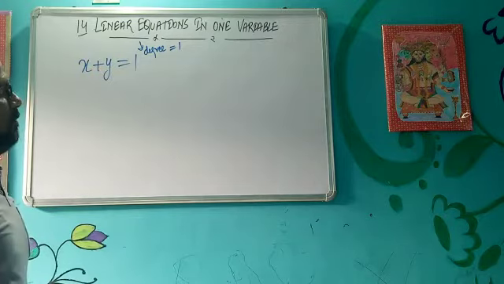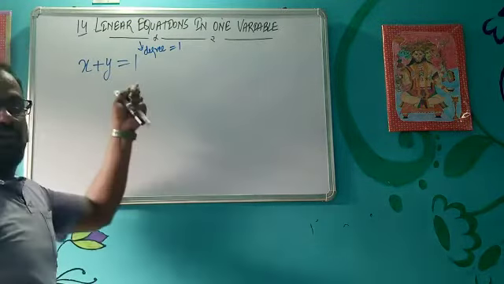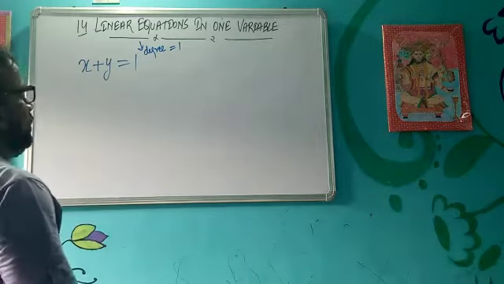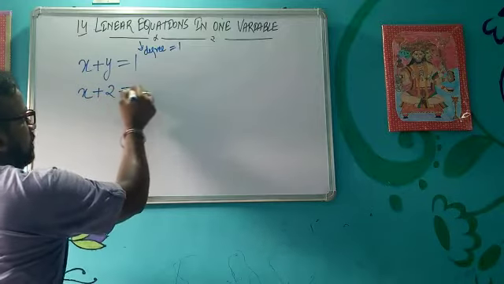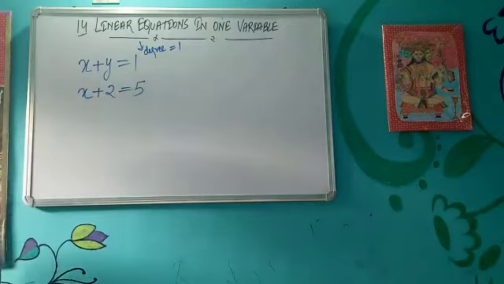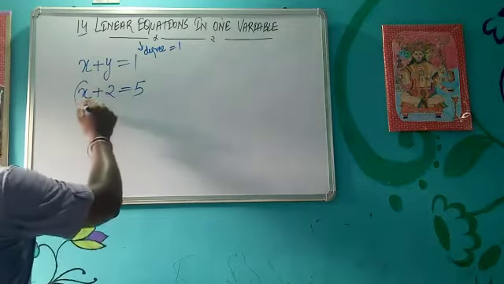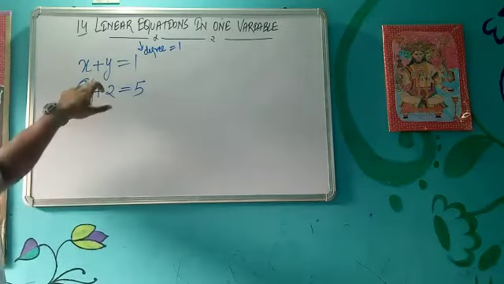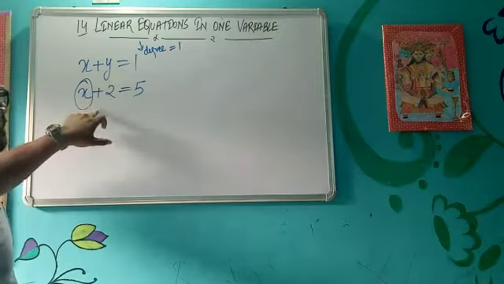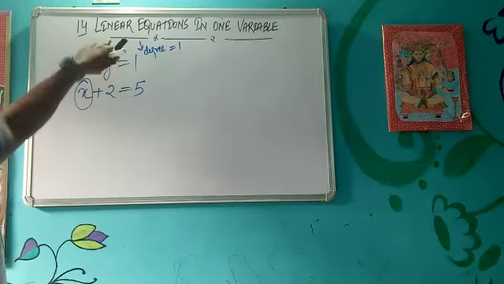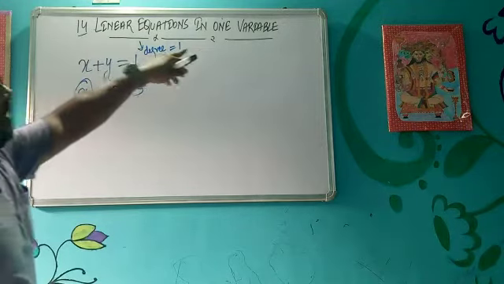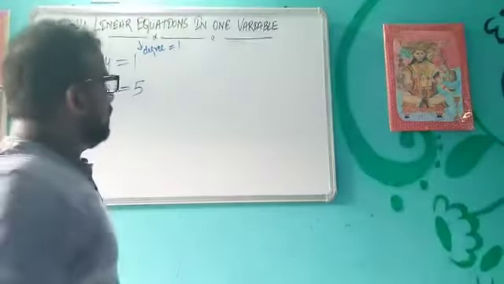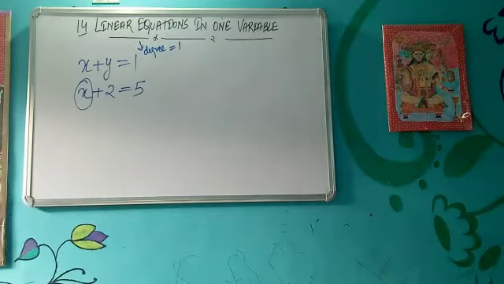Then what do we have to study in this linear equation in one variable? What is the meaning of one variable? If the equation is reduced to only one variable, like this I have written, it becomes a linear equation in one variable. Our earlier equation was a linear equation in two variables, and this is the linear equation in one variable. So linear means the degree of all the variables is 1, and one variable means we are using only a single variable to solve. So this is the meaning of linear equations in one variable.